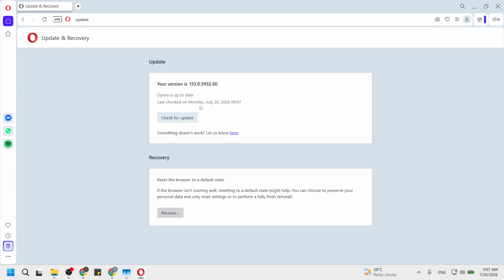By following these steps, you ensure that your Opera browser is up to date. This not only enhances your browsing experience, but also keeps your information safer from possible vulnerabilities. Regular updates are essential for any software, and your browser is